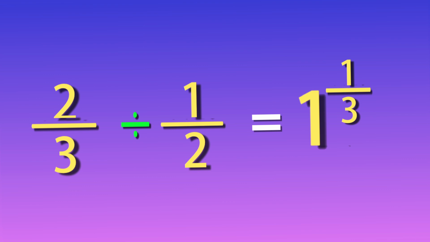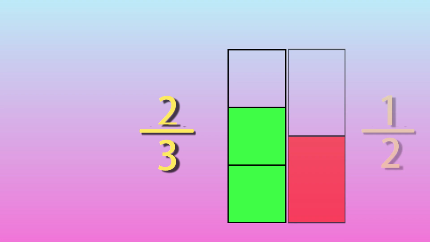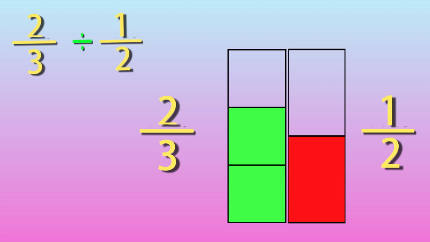You can actually see that this is the right answer by using a visual representation of this problem. This is what 2 over 3 looks like, and this is what 1 over 2 looks like. Let's call it half. By 2 over 3 divided by half, we mean how many of these halves, the size of this area, can fit into 2 over 3, the size of this area. We want to fill in the entire 2 over 3 area using the whole of or parts of the half.